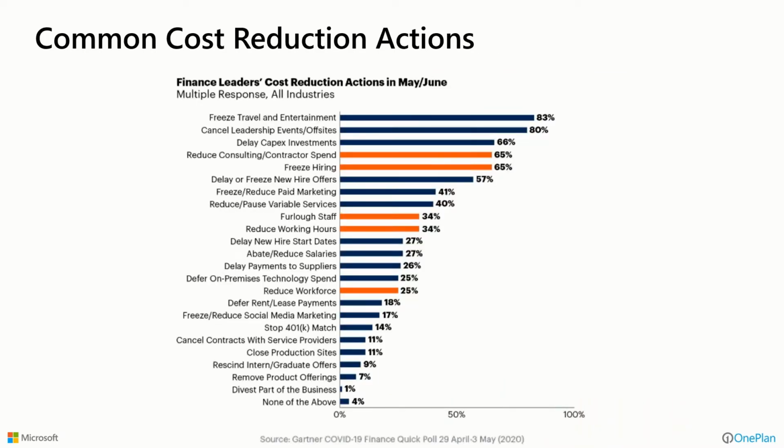Now, the Gartner Group talks about when crisis hits, many organizations go immediately into cost reduction mode. And the cost reduction actions that you see up here that are most commonly taken, when we get down to the orange, about the fourth one down, is reduce consulting and contractor spend, freeze hiring. Then below that, there's furlough staff and reduce work hours. And then there's reduce the overall workforce that happens as part of an overall mix of cost reduction. And the question is, if we do this blindly with just the dollar signs as our driver, we may be missing opportunities or harming our business if we do that without a more thoughtful approach.